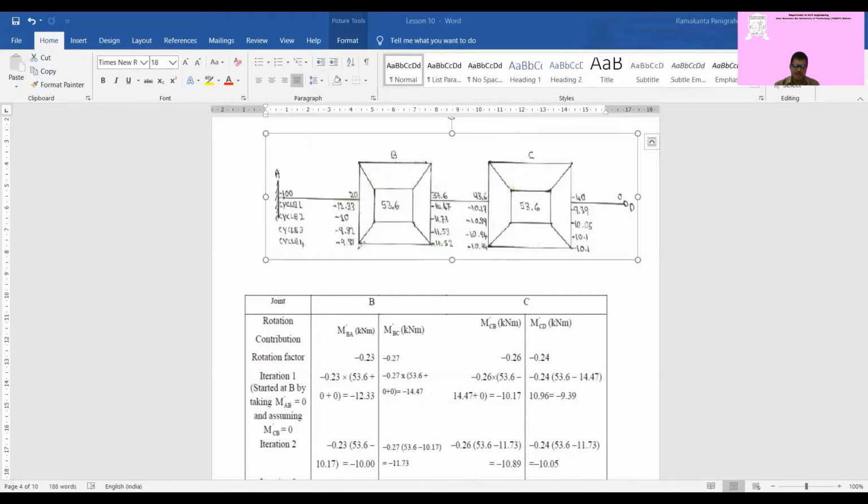Once they are close to 0, you see minus 9.2, minus 9.81, 11.535. When they are converging, we'll stop at that cycle. So now we got all these. These are the final moments for the rotation contribution that we have obtained from this Kani's method distribution. So you should not do these two things. This is basically the explanation of these things. If you calculate properly in either one diagram here or one table here, it will suffice. Should not do both, that will take more time in the exam.